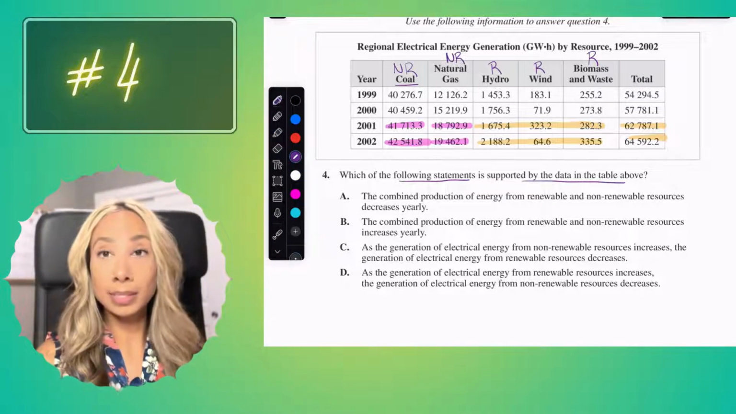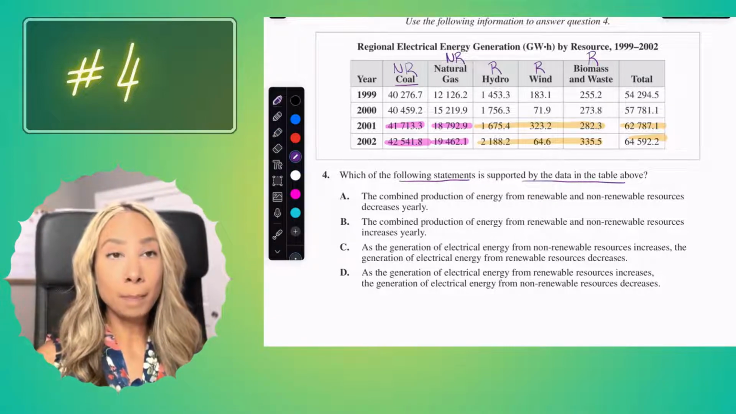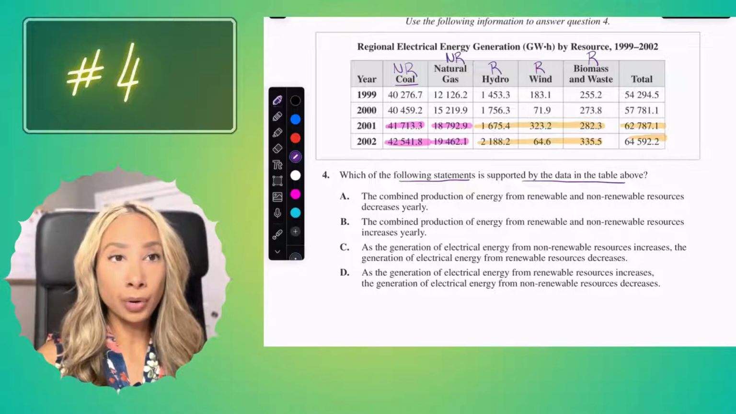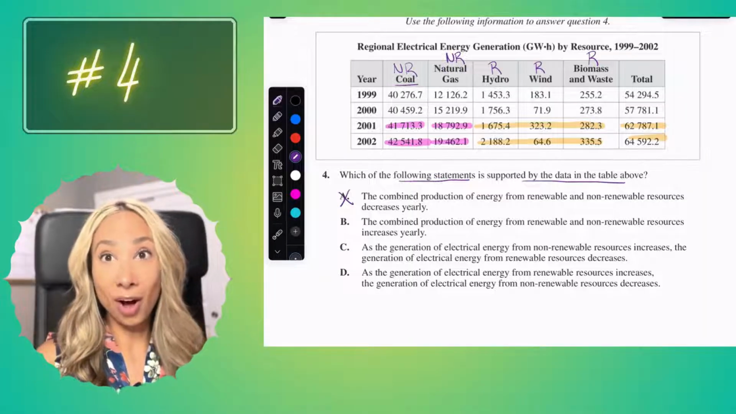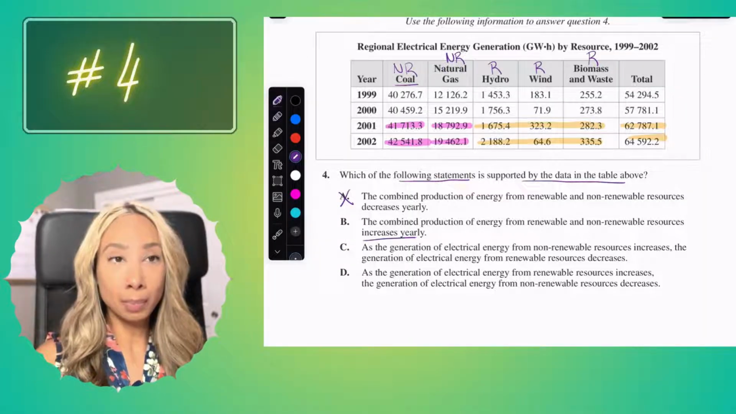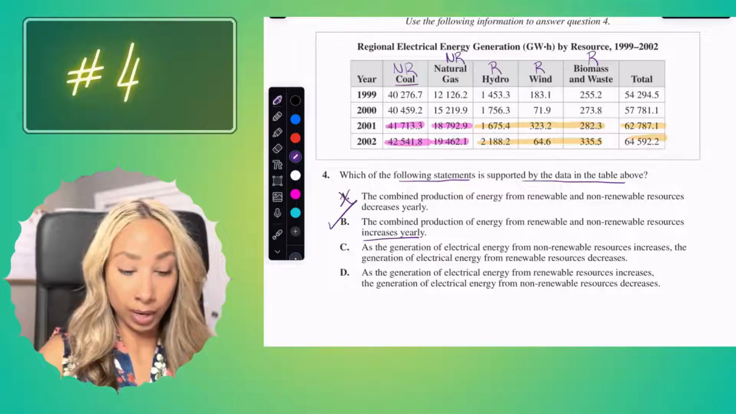So let's read the statements and see which one applies. A says the combined production of energy from renewable and non-renewable resources decreases. Well, we know that's not true. They obviously increase, which then makes me look at B, and I think that this one would work because everything